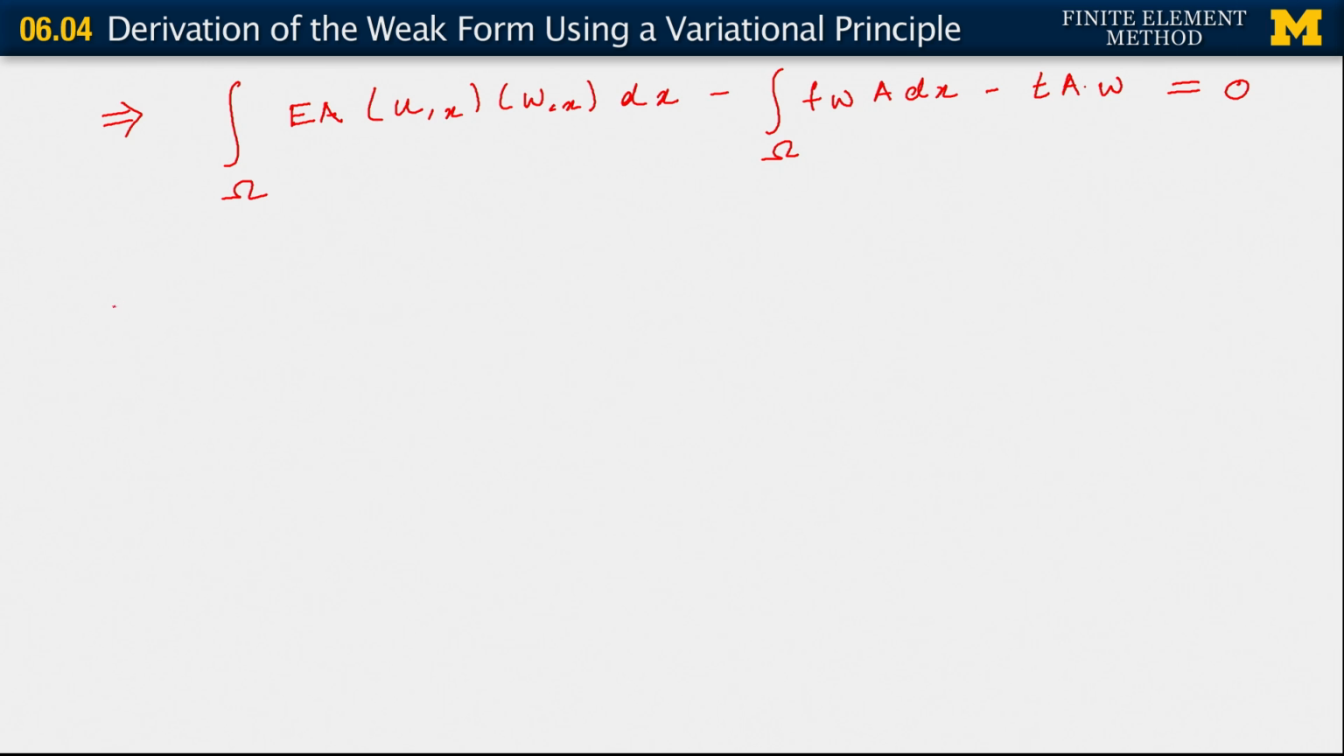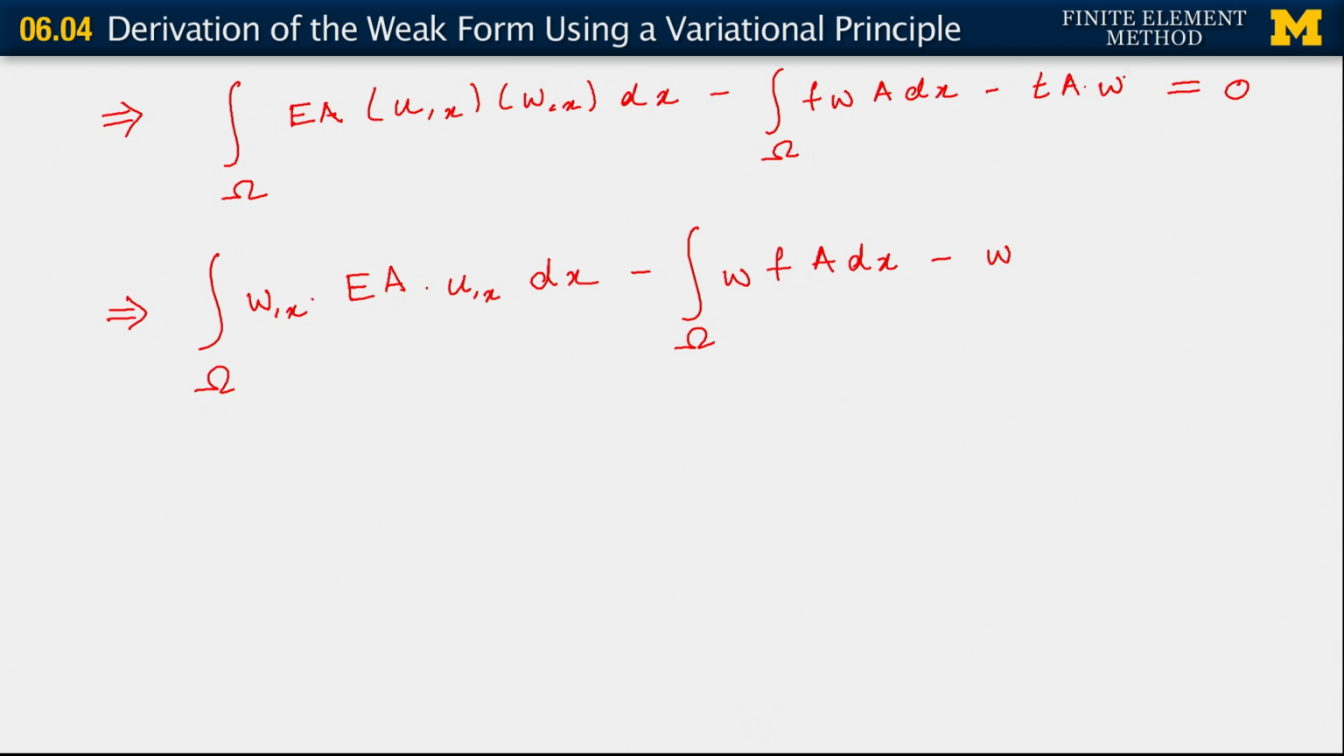Okay, as a final step, I'm going to reorganize just one of these integrals into the following form: integral of W comma x EA u comma x dx, minus integral over omega W f A dx, minus